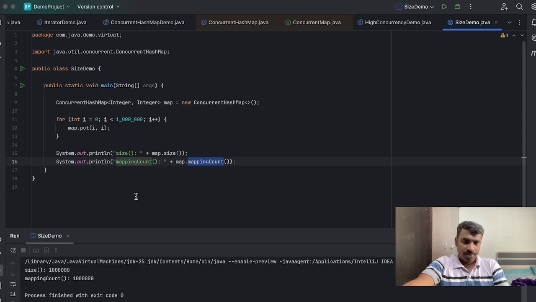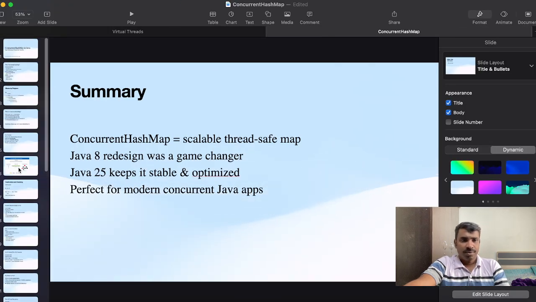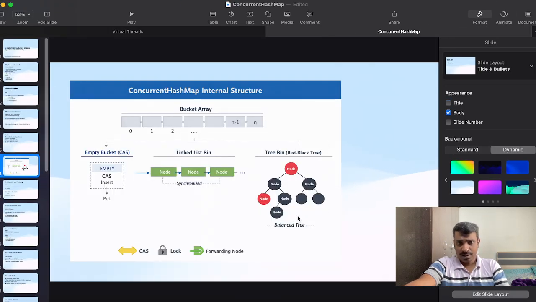Okay, so this is all about ConcurrentHashMap. I can wind up by explaining the internal structure once again. We have a bucket array. Initially we will be having an empty bucket. That time we will do compare and swap to insert the first entry.